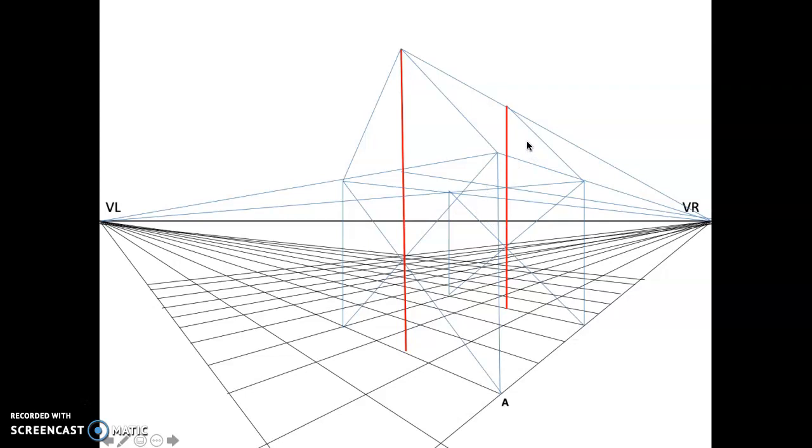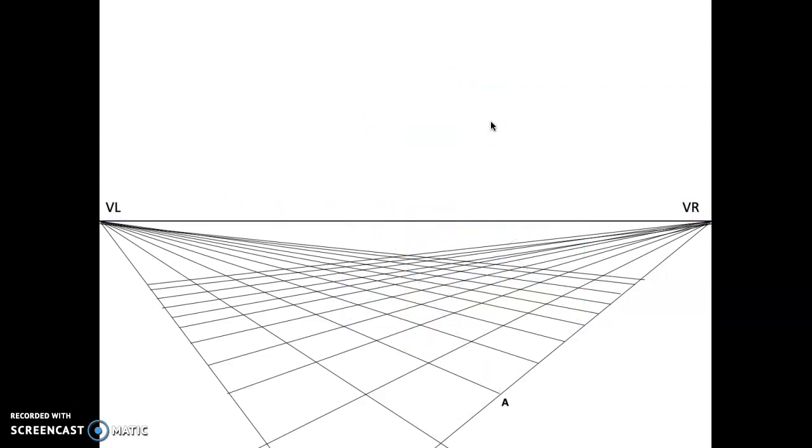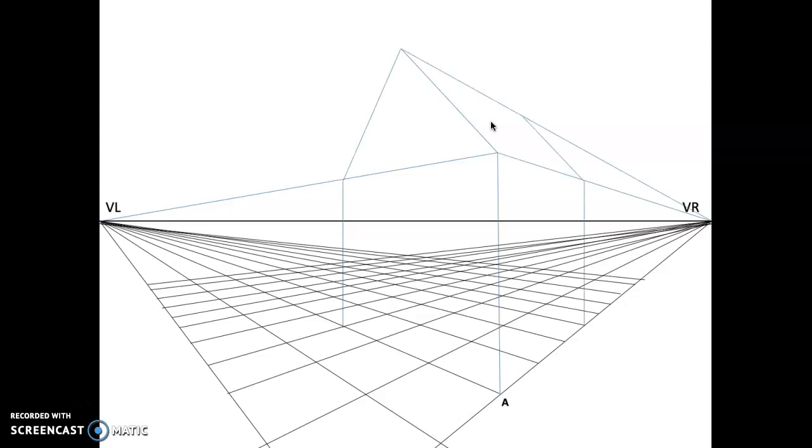Next step is to draw a dormer on this side of the wall. Sorry, on this side of the roof, I want to have a dormer. So let's try to do that. We finished the open structure of the roof on the back part, and so next step is to draw the construction. I'm going to repeat it once more